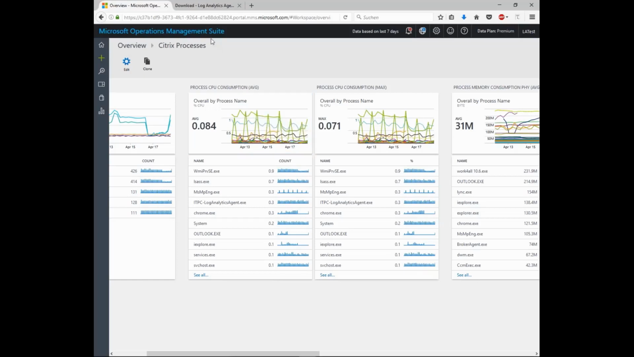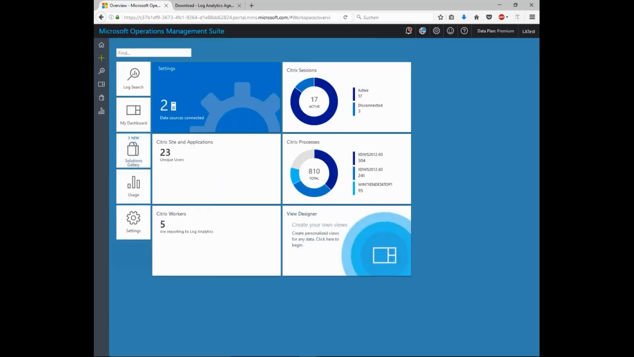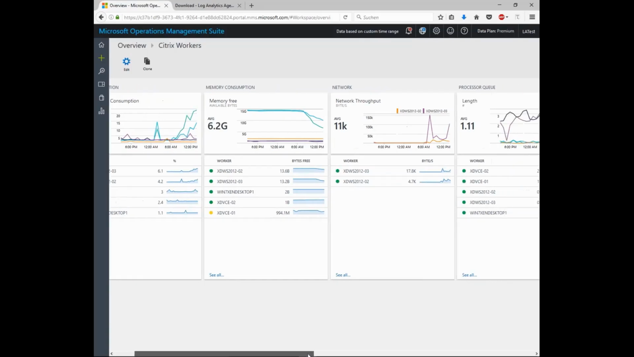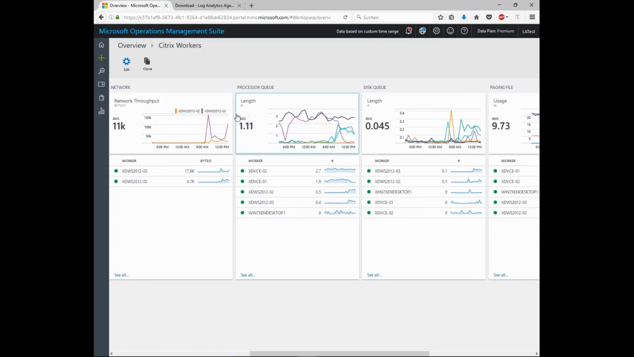So that was for the Citrix process page. Let's go back to our overview page, where we have a last view I'd like to show you, which is for the workers. This is more the classical view on systems, as many solutions have it, just giving you an overall view on the CPU consumption, the memory consumption, the network traffic, and, I think very interesting, the processor queues, where we see we have a 4-core system here, and everything going over 3